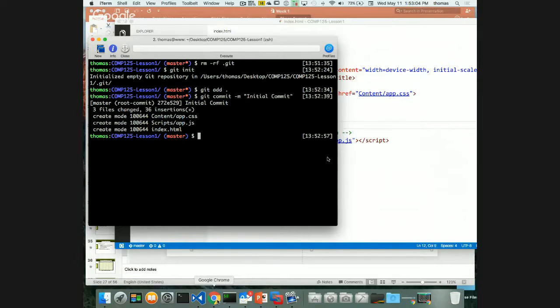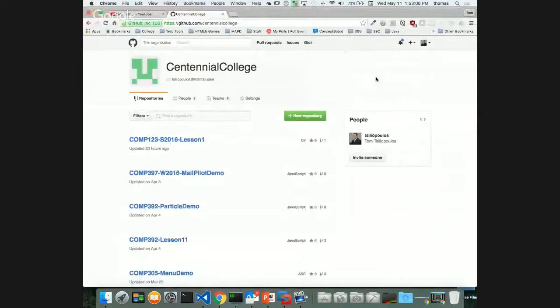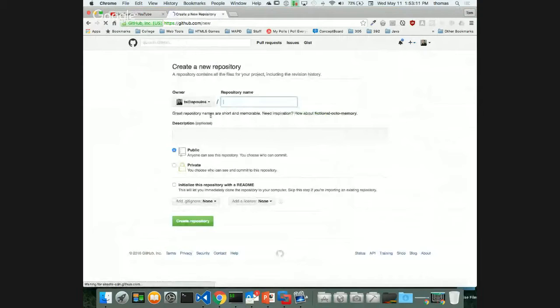I don't have a repository. Let's make one. So I'll click on the plus sign here. I go to new repository. I'm going to go to Centennial College, and I'm going to create this new repository called COMP125 Lesson 1, and